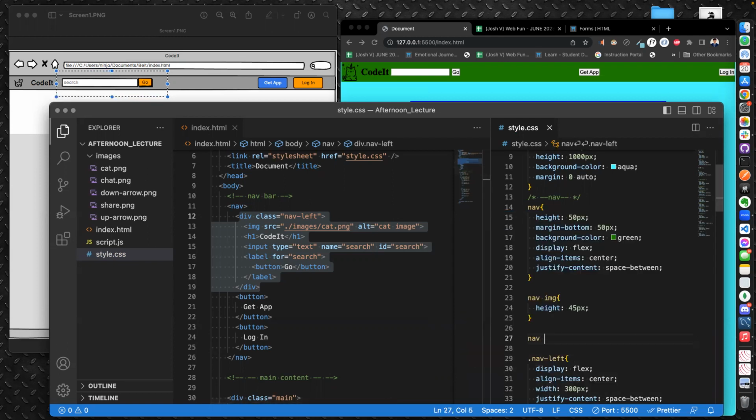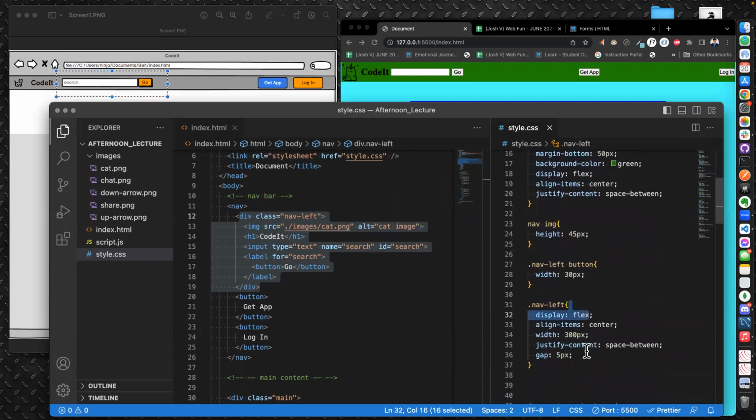So nav button. The width should be a little bit more. So maybe 30 pixels. Okay, I want to affect only the nav button within nav left. So I'm going to say nav dash left button. Okay, and I want to put it below nav left because